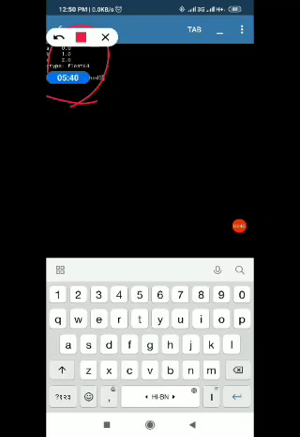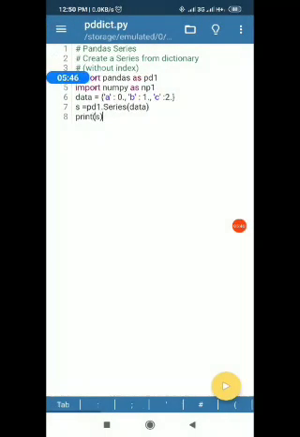It is very easy to write programs in the Pydroid editor. It will be better if you write in the Pydroid editor. Simply type the code in the Pydroid editor, and it is very easy to run it also. So this is the Pydroid editor.